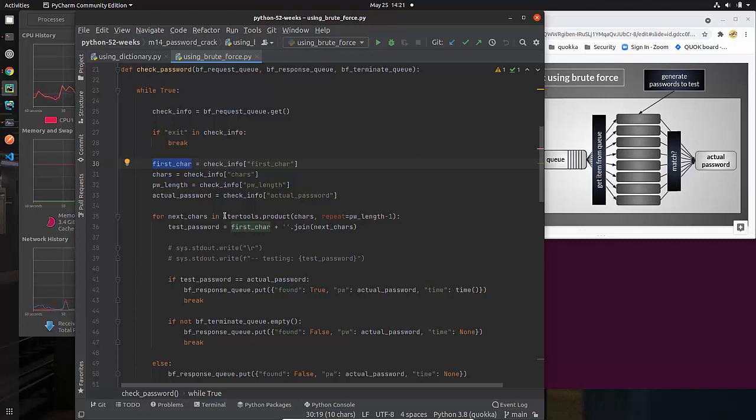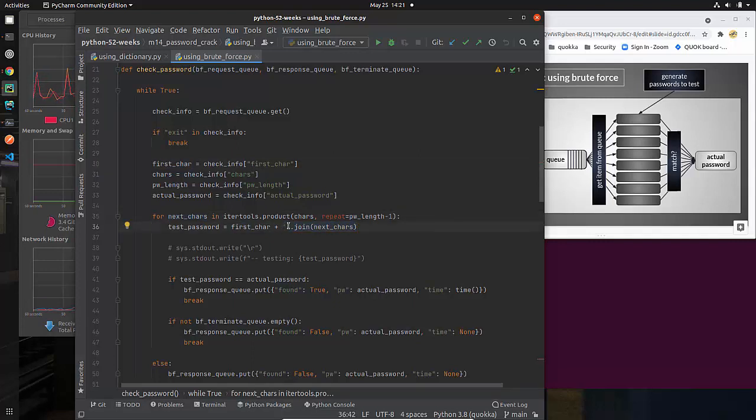Now I'm going to tell you this. You can debug it. I don't think I'll have time to debug this and look at it. What this is going to give us is a list of the next characters. This list, you can turn it into a string. You may have seen me do this before.